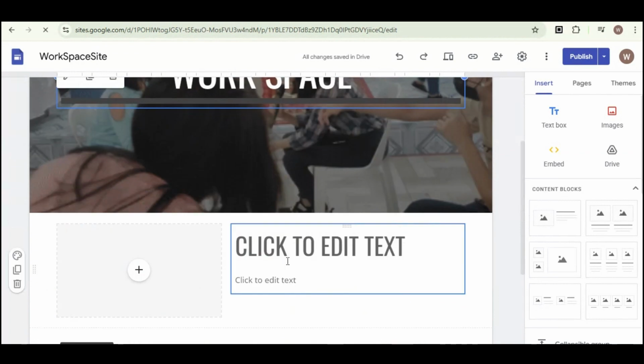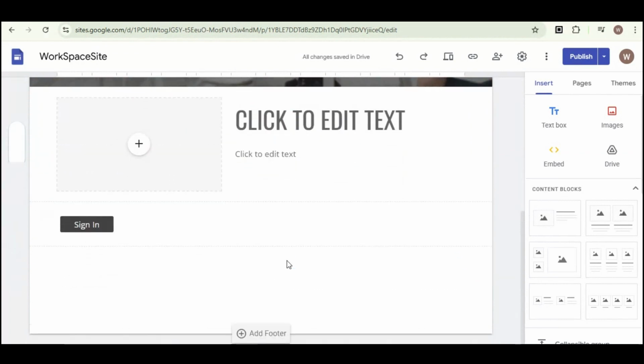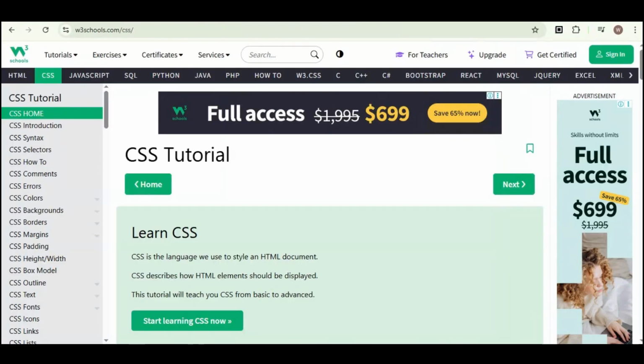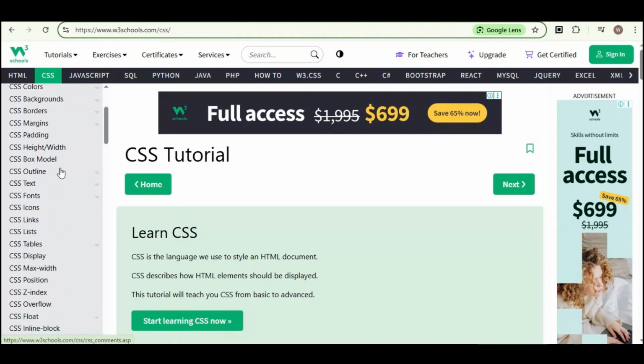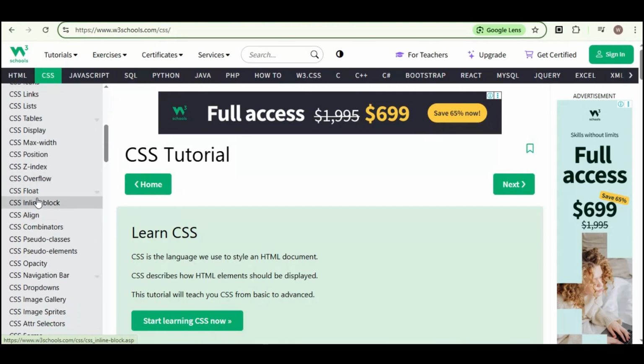Now, let's go to an open space where we can add the CSS. Let's choose this. Then, we're going to open a new tab, and then we're going to open w3schools.com/css/. Now, once you see the screen, on the left panel, we're going to scroll down until we see CSS